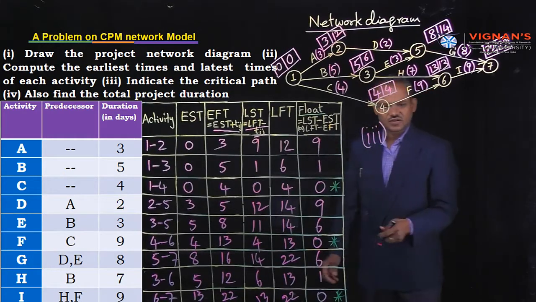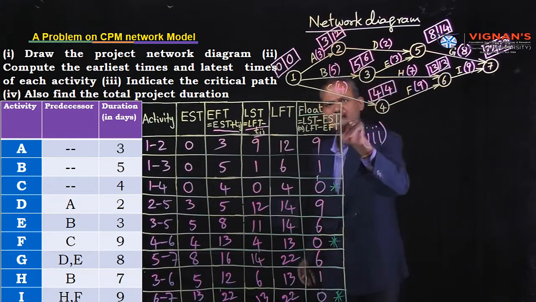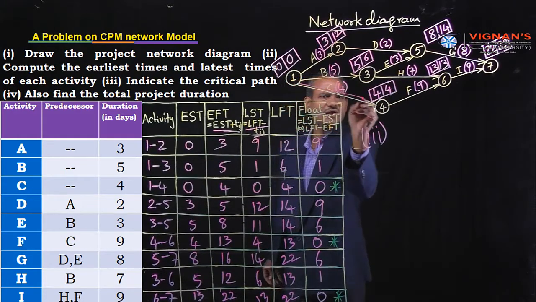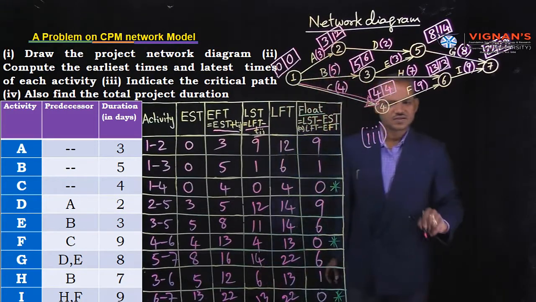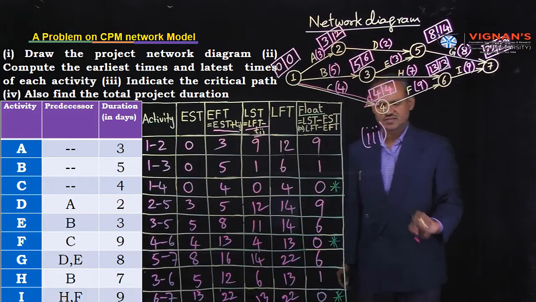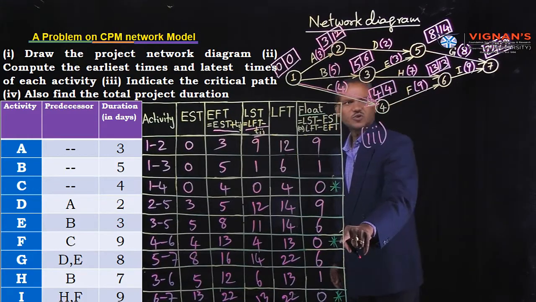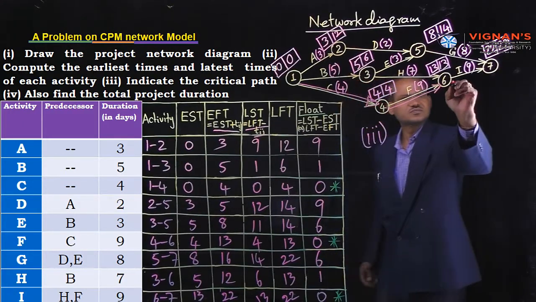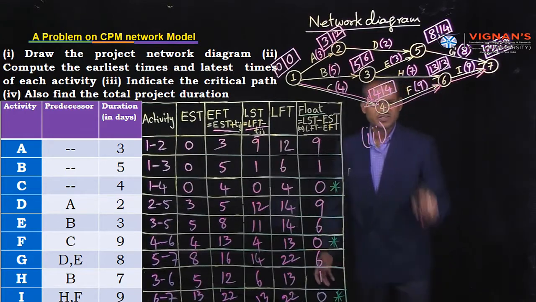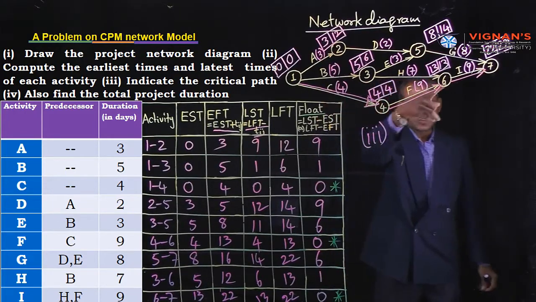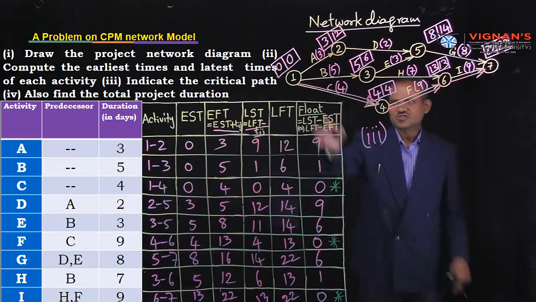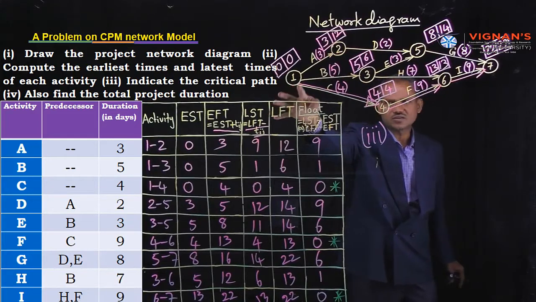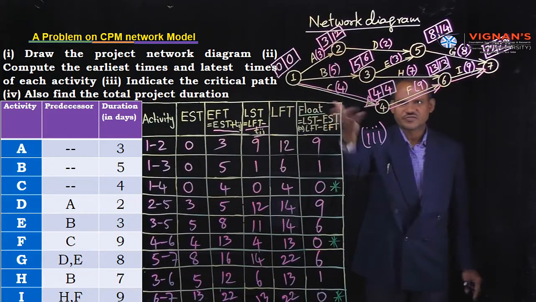Therefore 1 to 4 activity, that means C activity, you have to show by a double arrow. It is known as a critical activity. Next, 1 to 4, 4 to 6, okay. Last one, 6 to 7. Observe this diagram. This critical path must connect the starting node of the network and the ending node of the network. Satisfied.